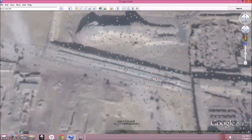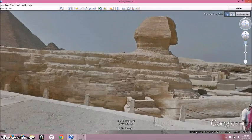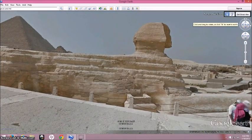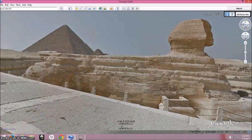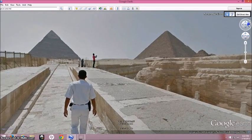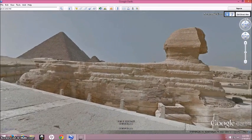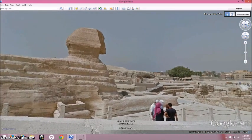Obviously today what we see is not what was present in remote antiquity, and I'm going to show you a few pictures. But here we are down on Street View, and here is the Great Sphinx of Giza, as it is commonly referred to. I believe there are things people are missing about the Sphinx, and the underground chambers are